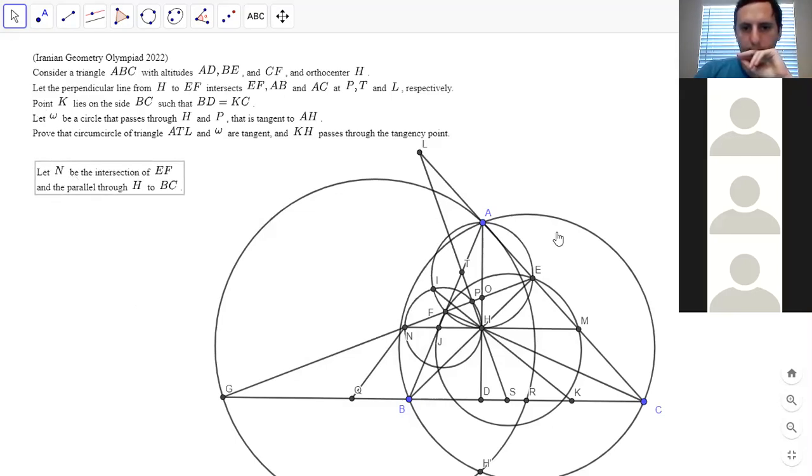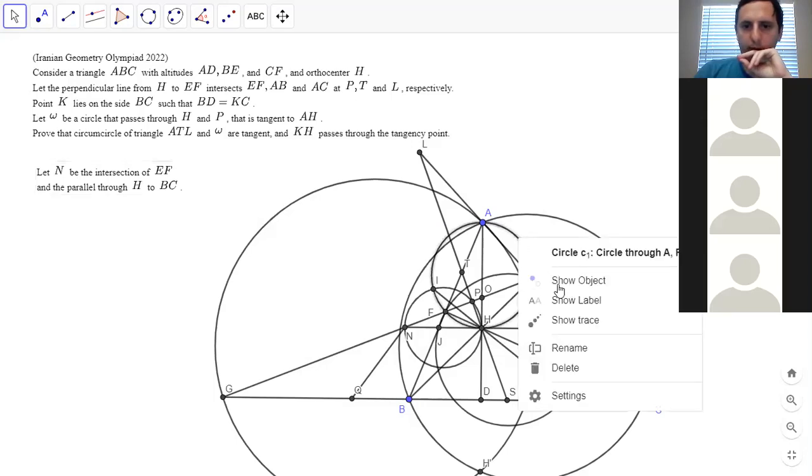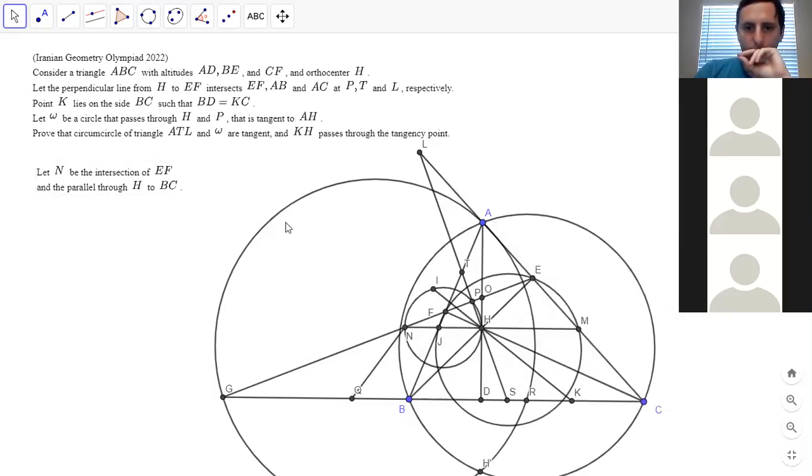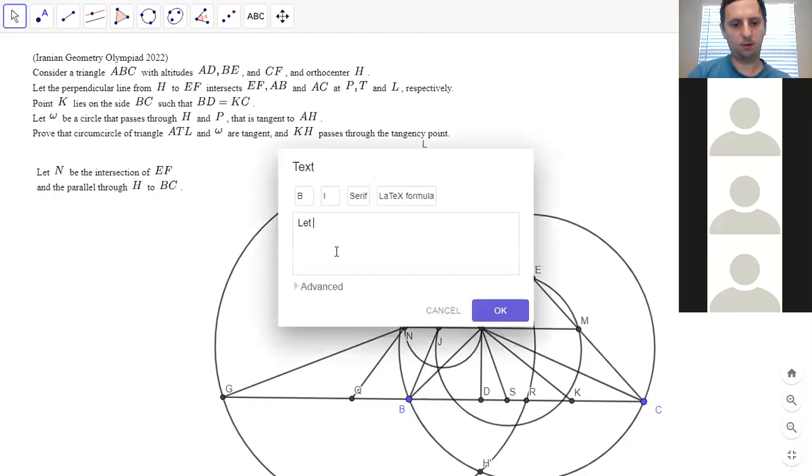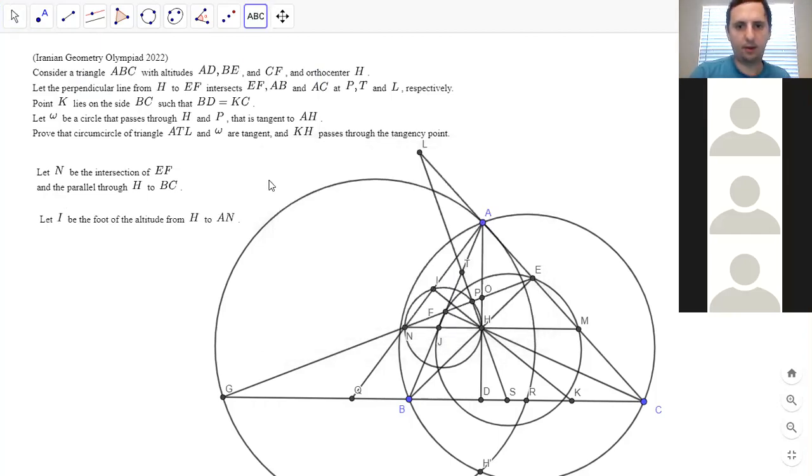And then let I be the altitude from H to AN. So right. And then